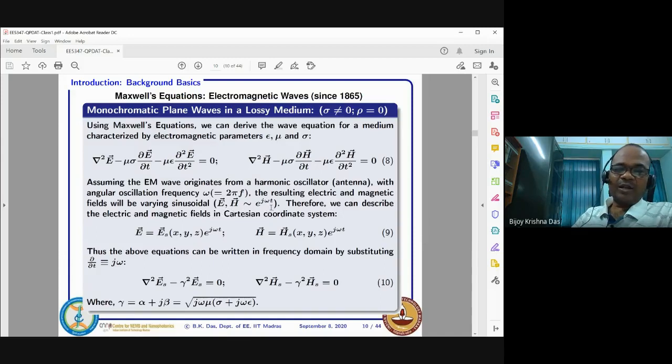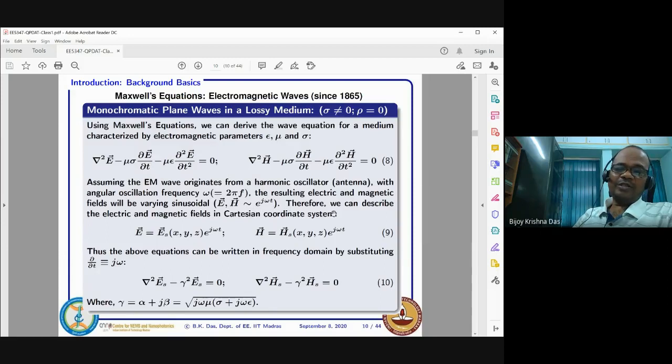There is no time dependent part in the electric field and magnetic field. It originates from the frequency here. So any time dependency you see in your Maxwell's equation, that time dependent factor should be e to the power j omega t. But again, you know that electric field and magnetic field can be space dependent. And they are vectors, of course. Ex, Ey, Ez, Hx, Hy, Hz. So in the Cartesian coordinate system, we can put down that thing.